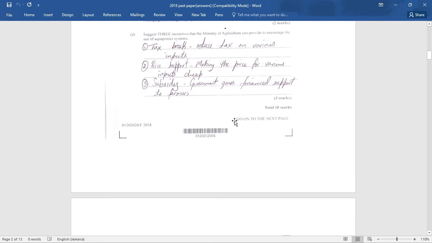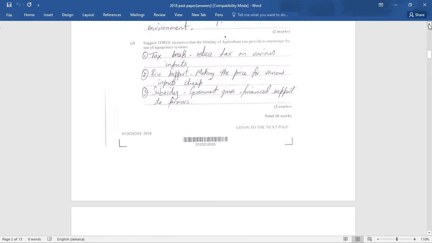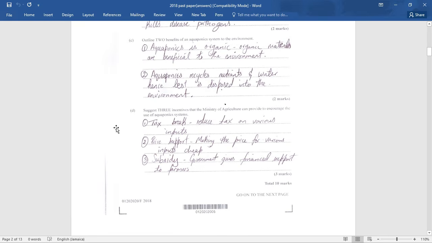Part D of the question goes, suggest 3 incentives that the Ministry of Agriculture can provide to encourage the use of aquaponics systems. Alright, number 1 says tax break, number 2 price support, and number 3 subsidy. Alright, so tax break here is that if farmers want to purchase certain aquaponics materials from abroad, they would not